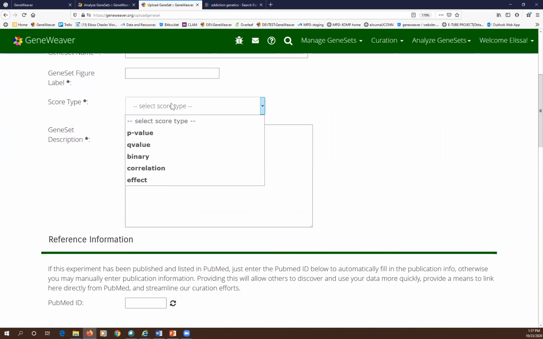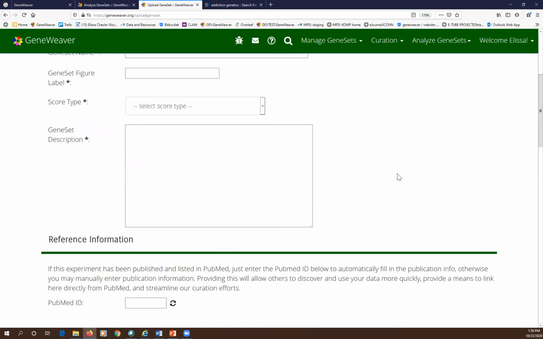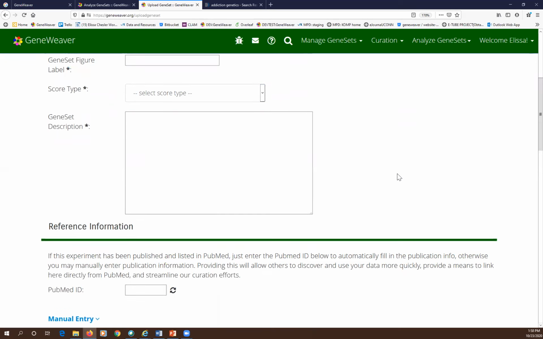Genes are assigned to gene lists by many different scores and different analyses: p-values, q-values, correlation statistics. The effect size is the most diverse. Any real number can be used to associate a gene with a GeneSet ID. So if you haven't got a legitimate statistic, you can use this relative scaling provided by the effect size and put that in there. And then again, the description is, hopefully, a somewhat reproducible description of how your genes got